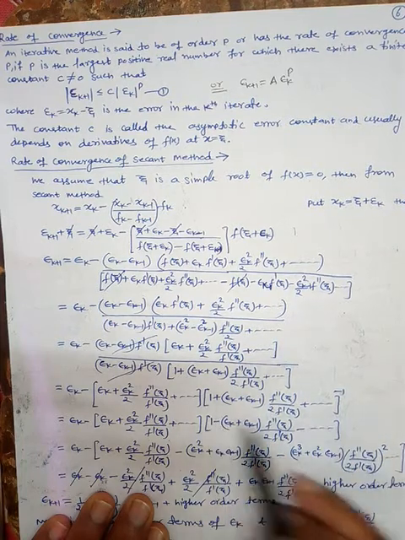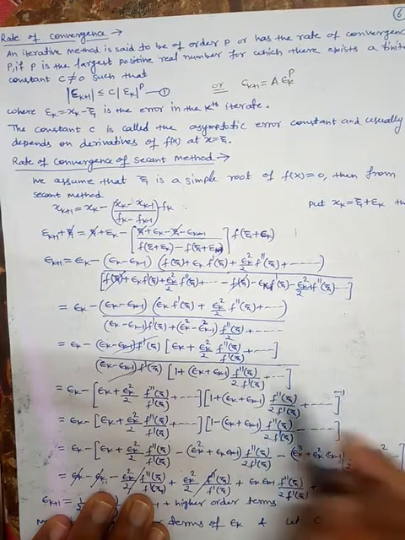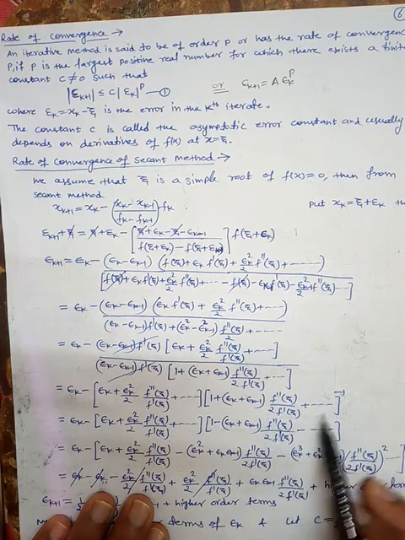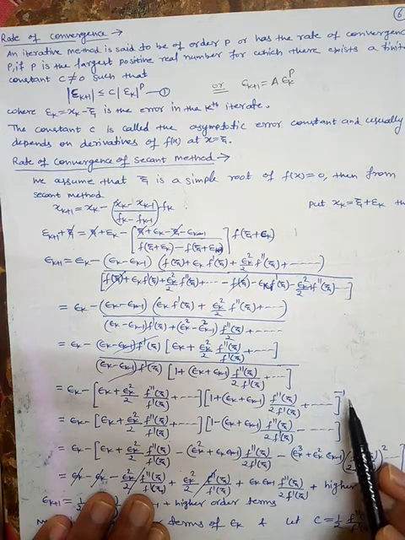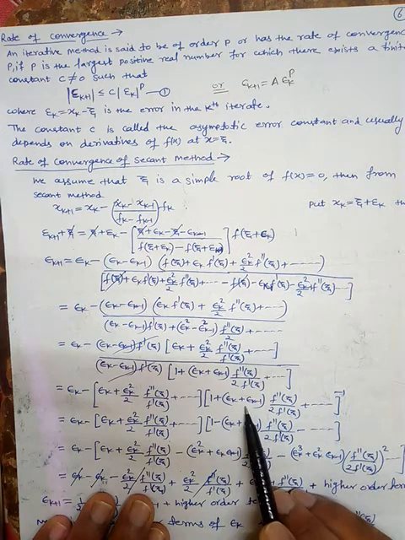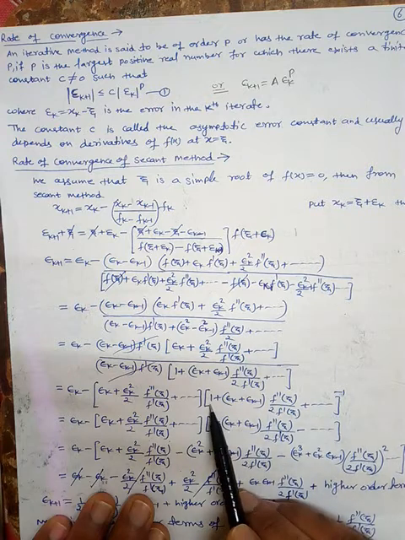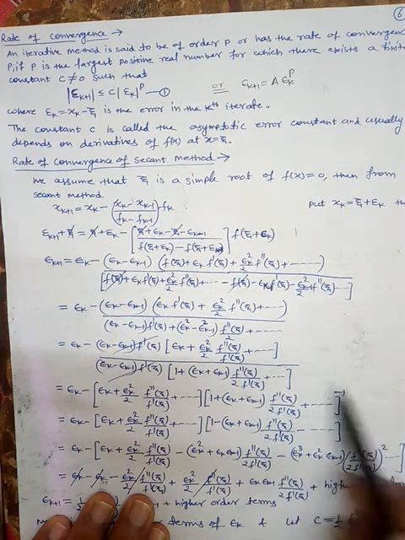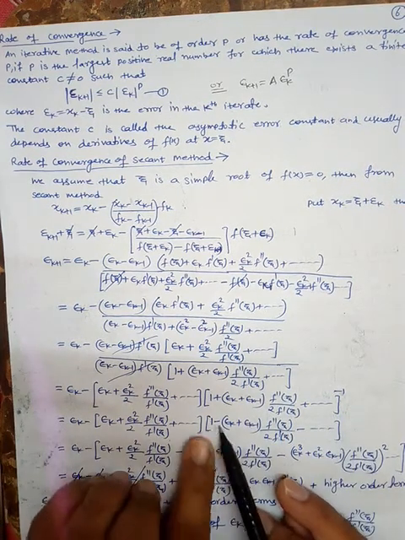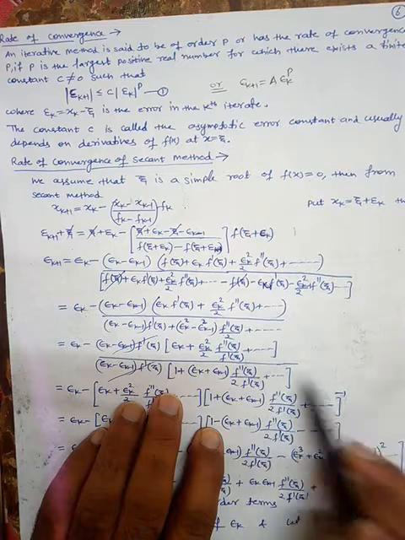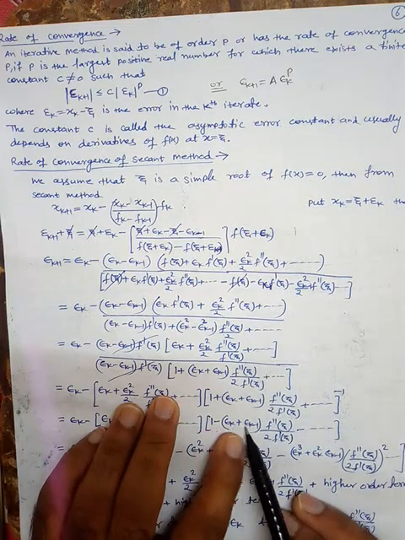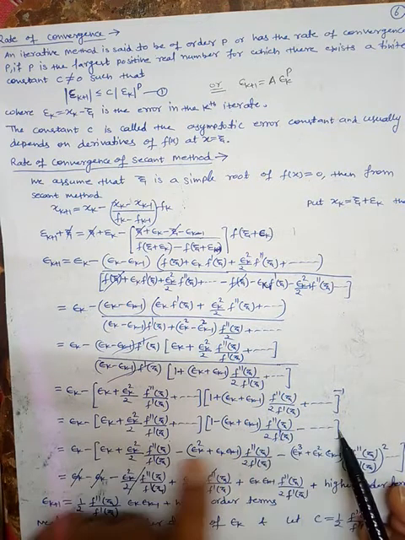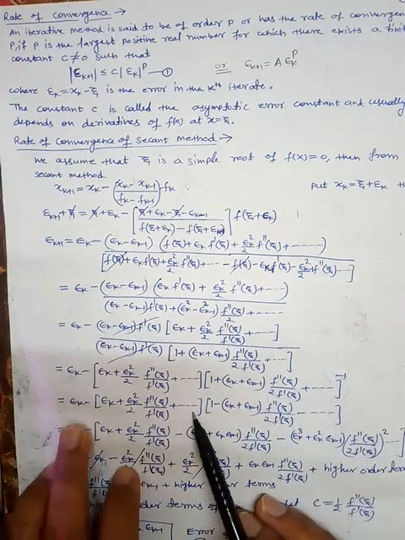Okay, and now you can expand the second term, this bracket, with the help of binomial expansion. 1 plus x, in place of x we have this, raised to the power minus 1. So what will be the expansion? The first term will be 1, then minus x and the remaining terms. So here we expand this term by binomial, and we get 1 minus x, in place of x we have this term, so epsilon k plus epsilon k minus 1, second derivative of xi divided by 2 f dash xi, and so on, and all the other terms are the same.